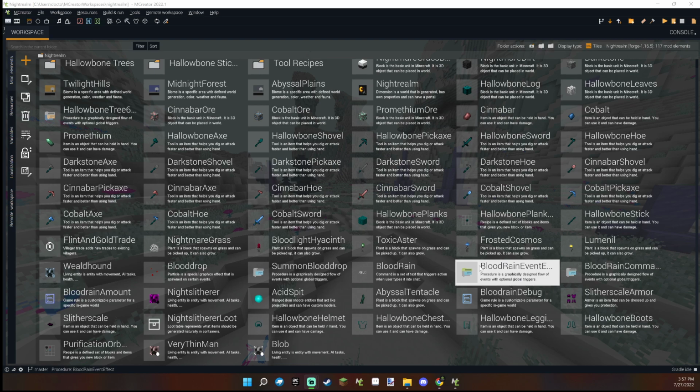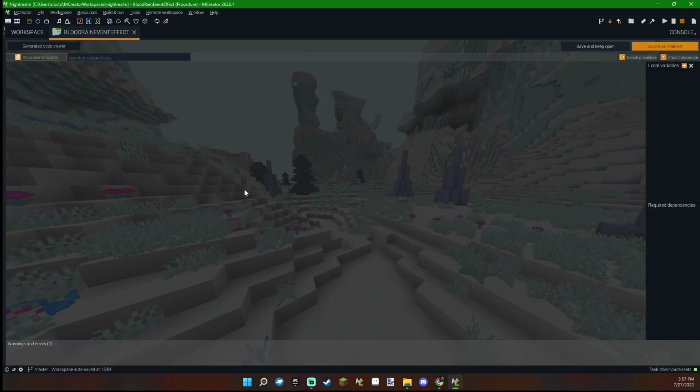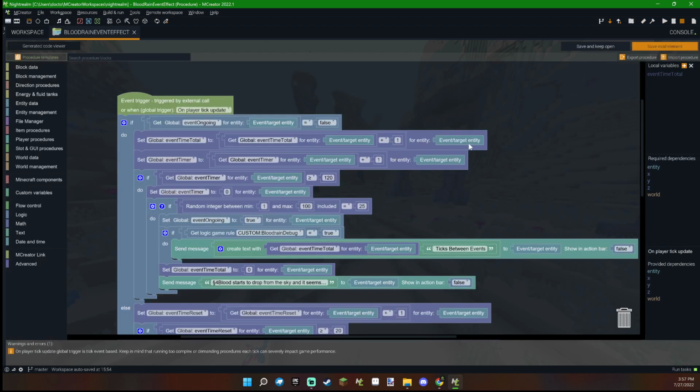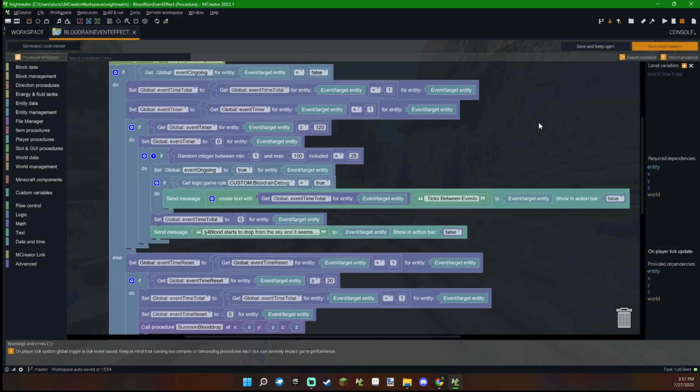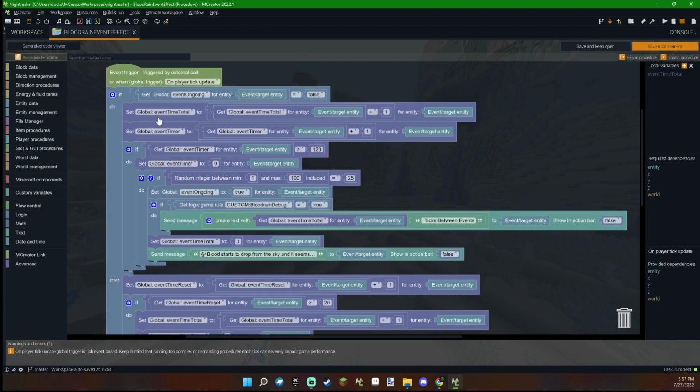Today I wanted to show a feature that I've been working on, a specific feature, because I feel like it can also be useful in other senses, and that is the blood rain. It essentially is a custom event that I made. It uses a few different timers and stuff, so I'll go through this code, and then there's also some commands